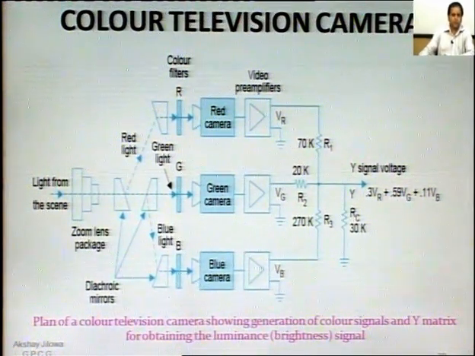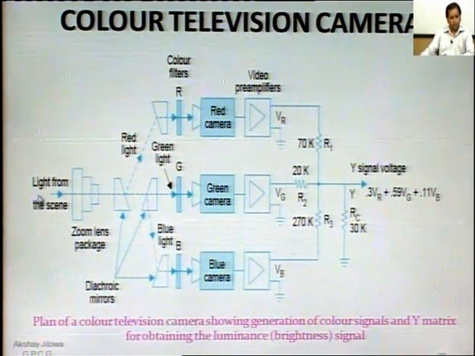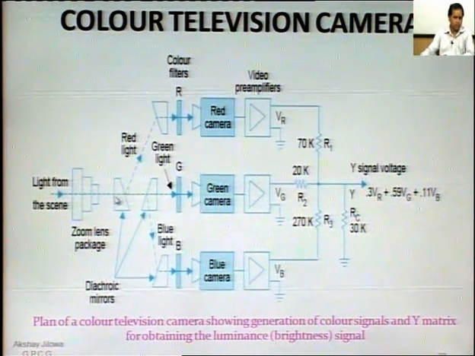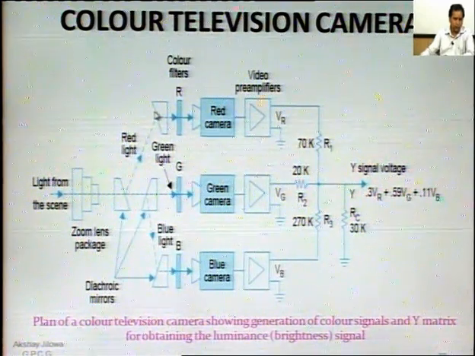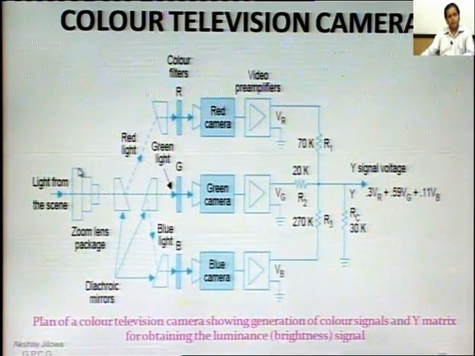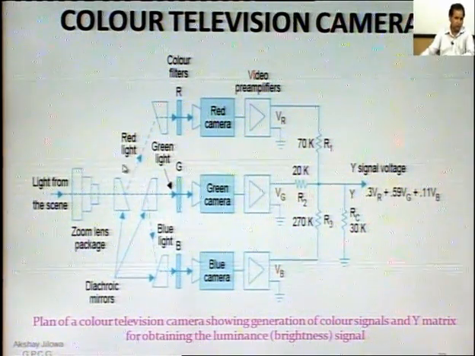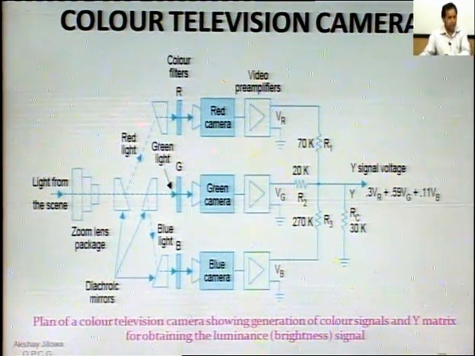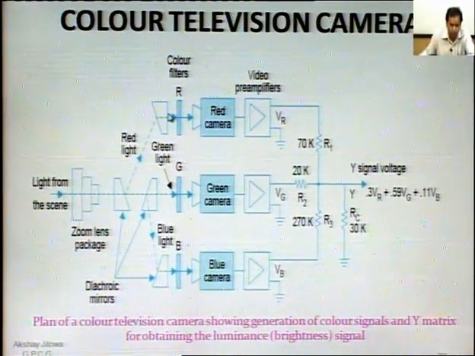Here is the color television camera. In a color TV camera, light from the scene is divided into three parts. These are dichroic mirrors. Here is the red light coming out, here is the green, and here is the blue. So the white light is divided into three parts, red, green and blue, and those colors are particular sets of wavelengths being differentiated from each other,